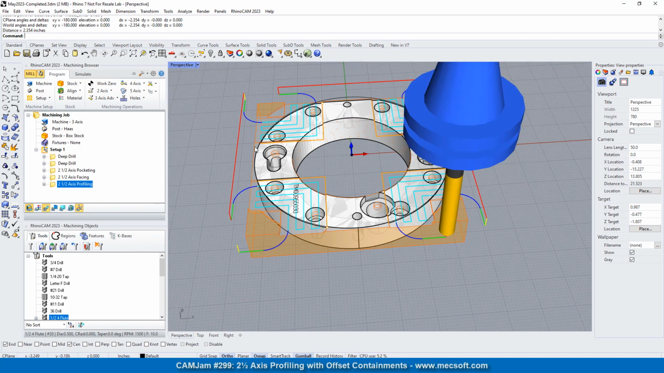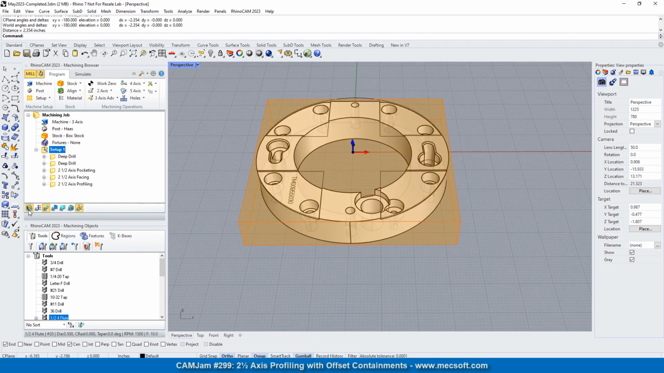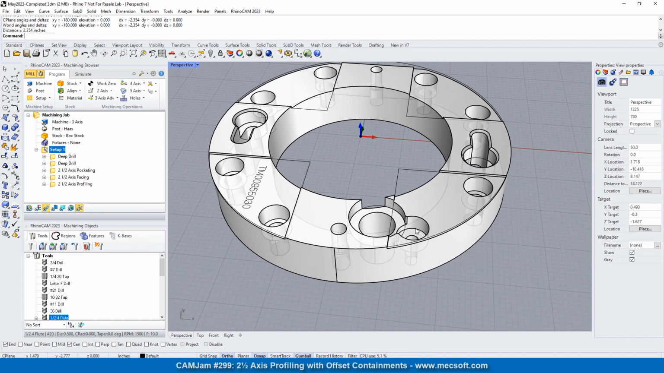Okay, so what do we need to do next? Okay, so we got our center hole, we got our facing, we got our profiling for these step downs, we've got our pre-drill points,